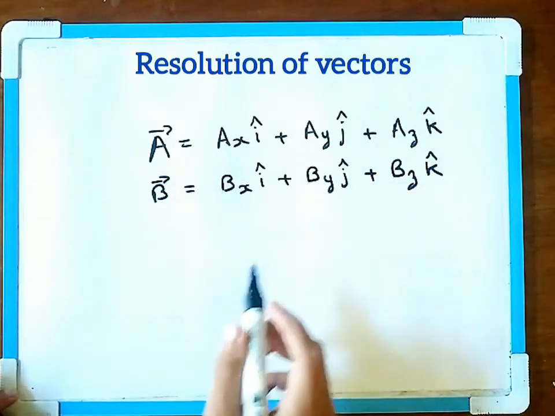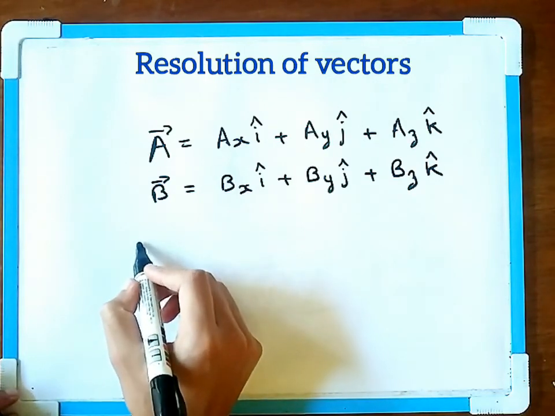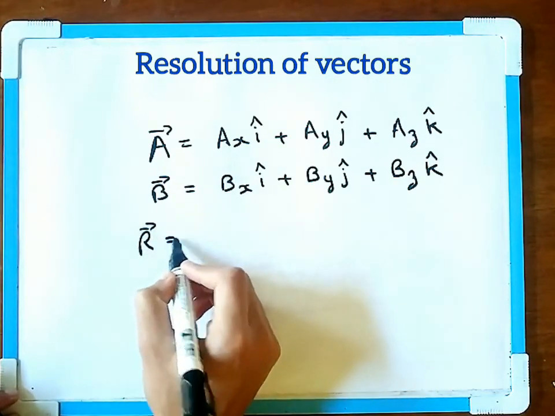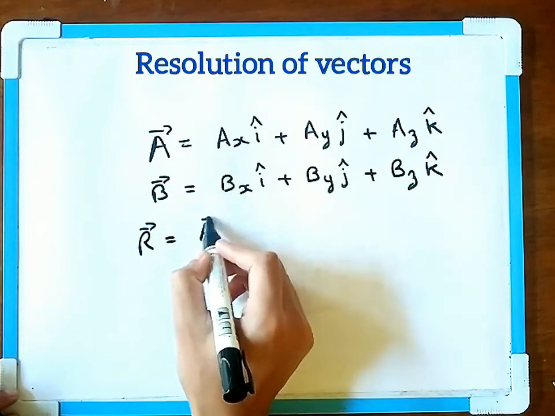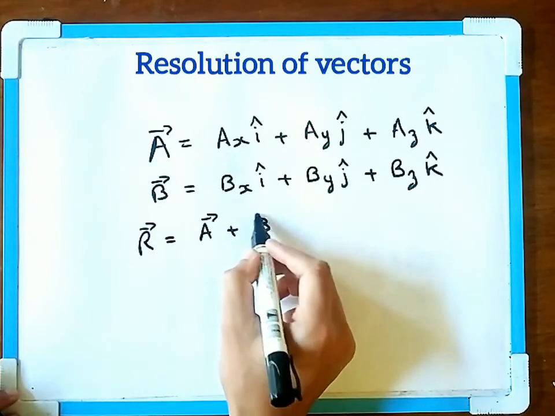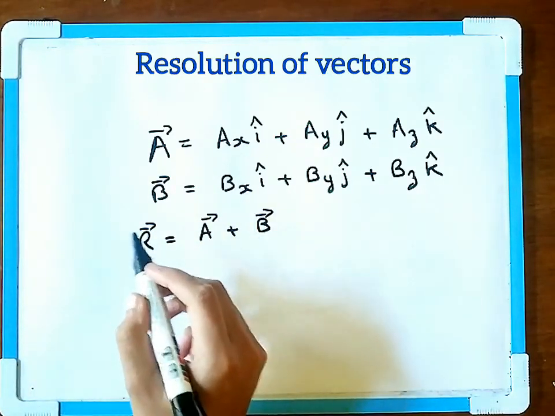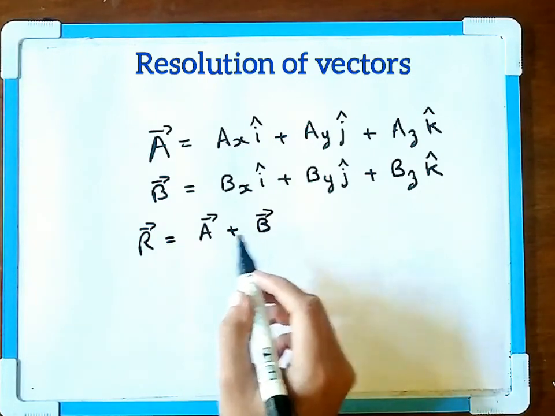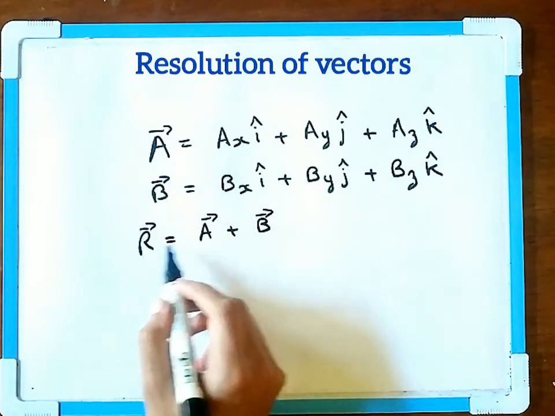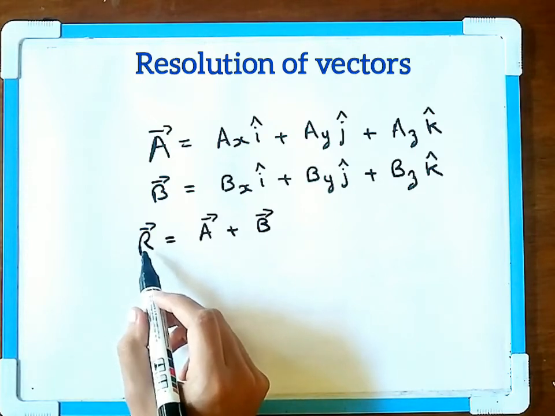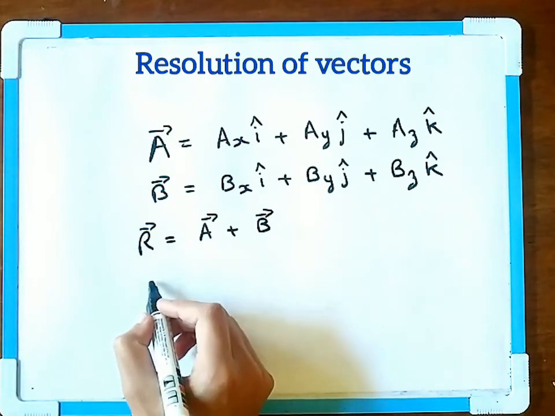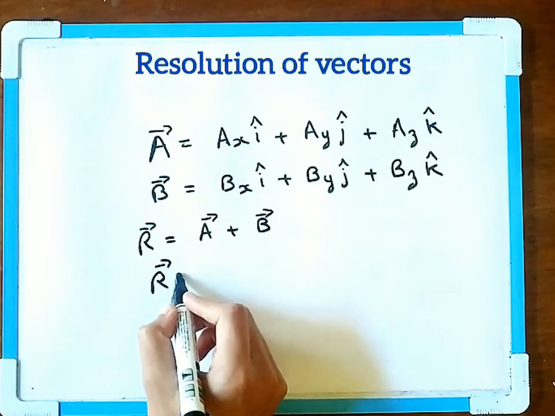Then the sum of these two vectors, that is R vector equal to A plus B vector, can be written by